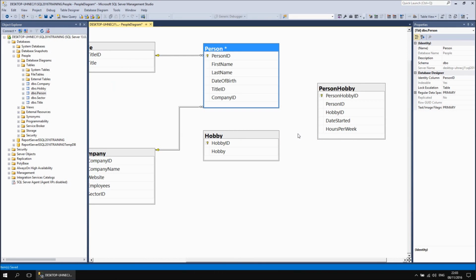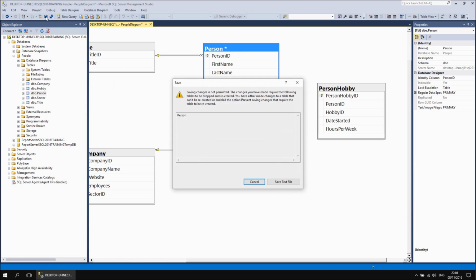Now at this point I need to save the changes that I've made to the person table, but that's going to lead me into a little issue. If I try to save my diagram at this point, I'm going to be warned that I can't save changes because the changes I've made require my table to be deleted and recreated, or dropped and recreated. So because of the change I've made to the person table, having added an identity column and a primary key after I've already added data to the table, I can't actually achieve that until I delete the table completely and recreate it from